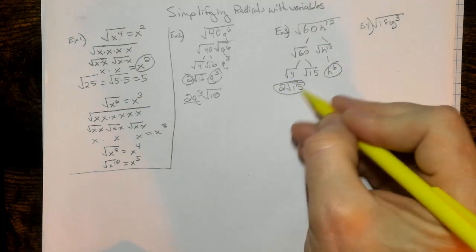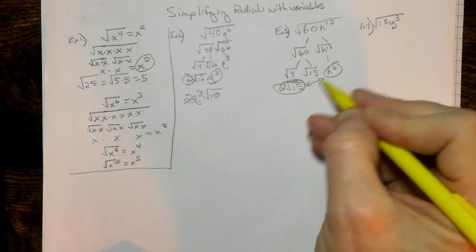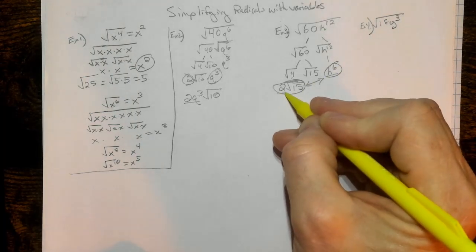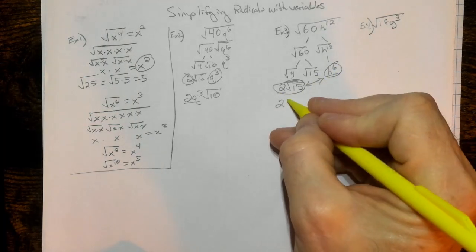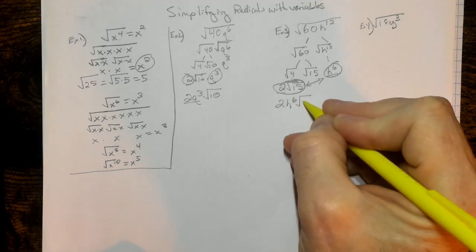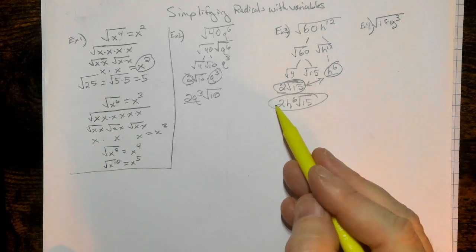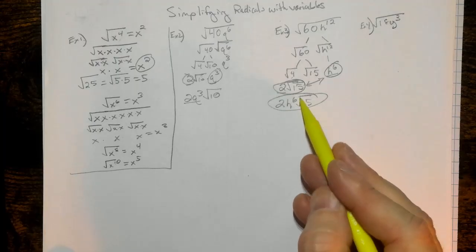So we have these values, right? So these need to be put together, and this is outside the radical, and so is this 2. So let's put all the stuff outside the radical in front of the radical, and there is our answer. 2 times